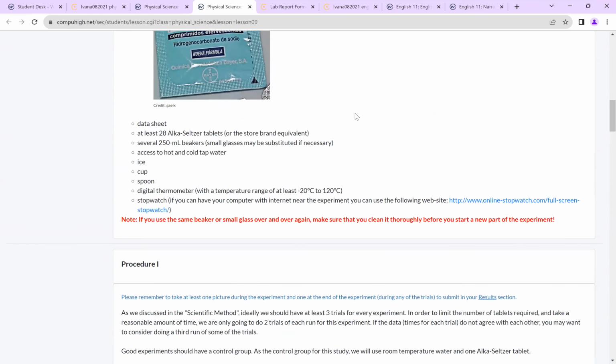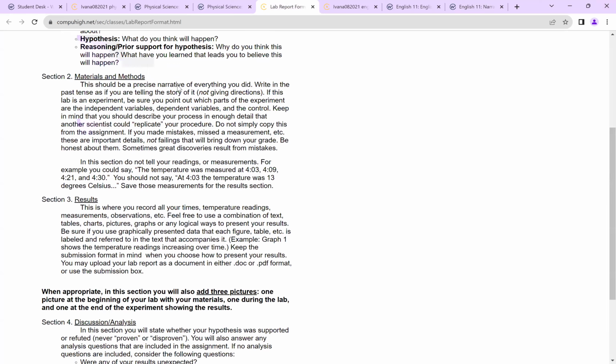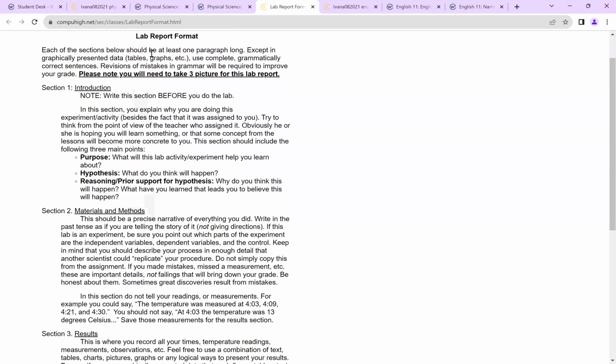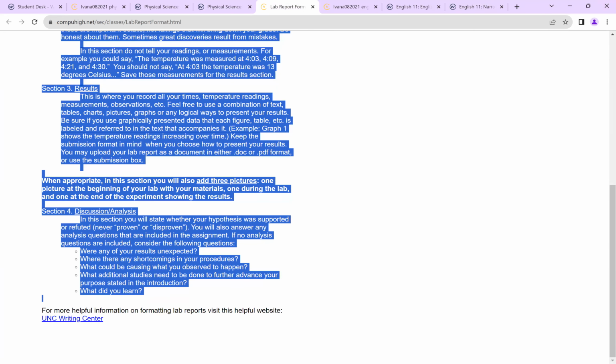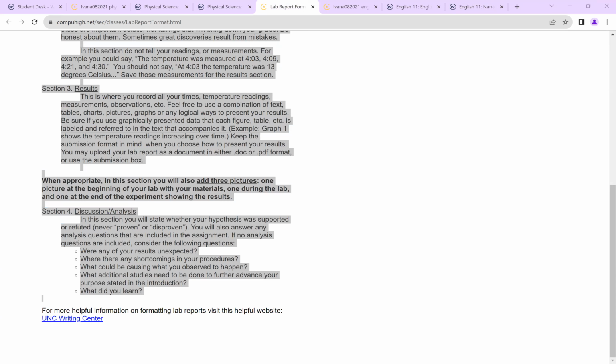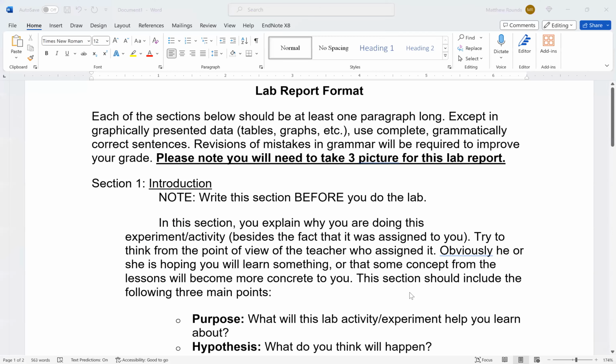So the big difference between this lab and the other is that this time we have to fill in these sections. They're not going to give you the questions to answer. You just have to do them on your own. So that's fine. I'll help you navigate through this. I'm just moving some stuff around, so give me a moment here. All right, so let's do a new share screen. Okay.